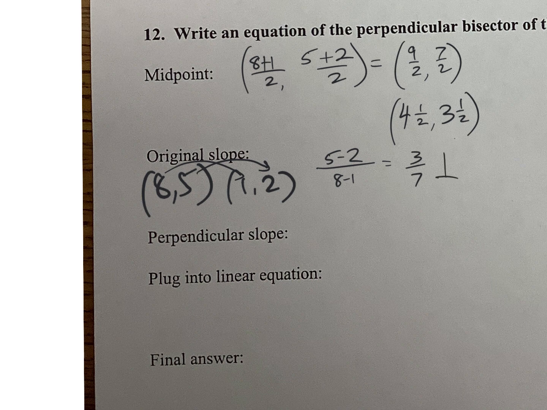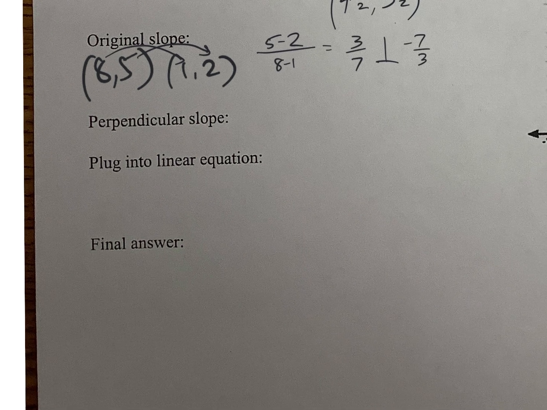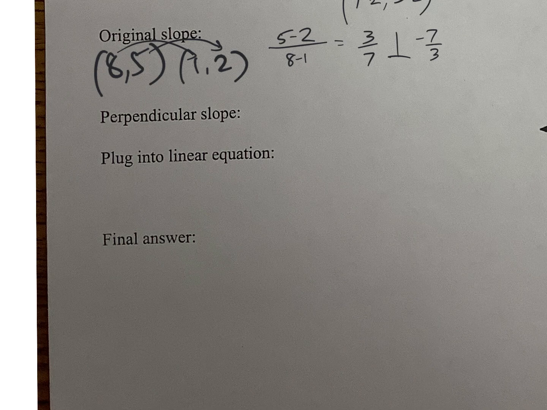So everybody, perpendicular slope. Opposite reciprocal. Yep, go ahead. Negative 7 over 3. So opposite sign and turn it over. So our new equation is going to be y equals negative 7/3 x plus b. So now we got to find b by substituting in